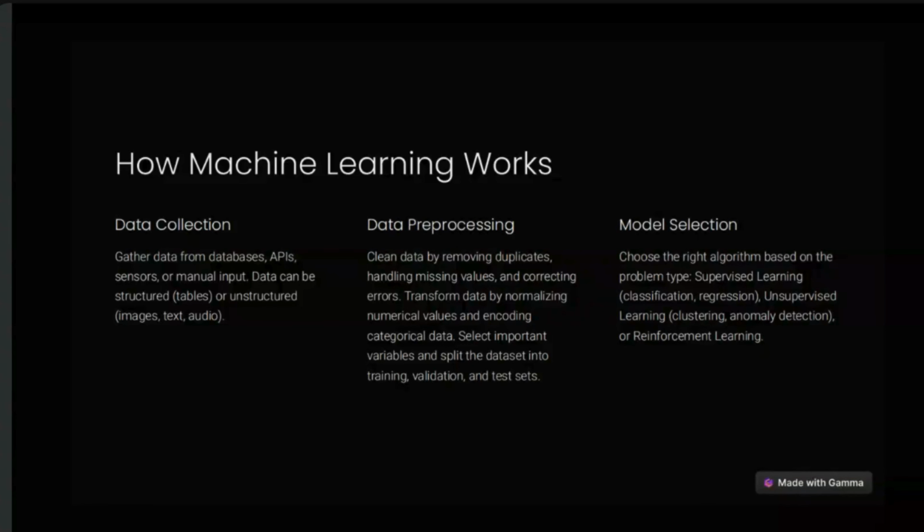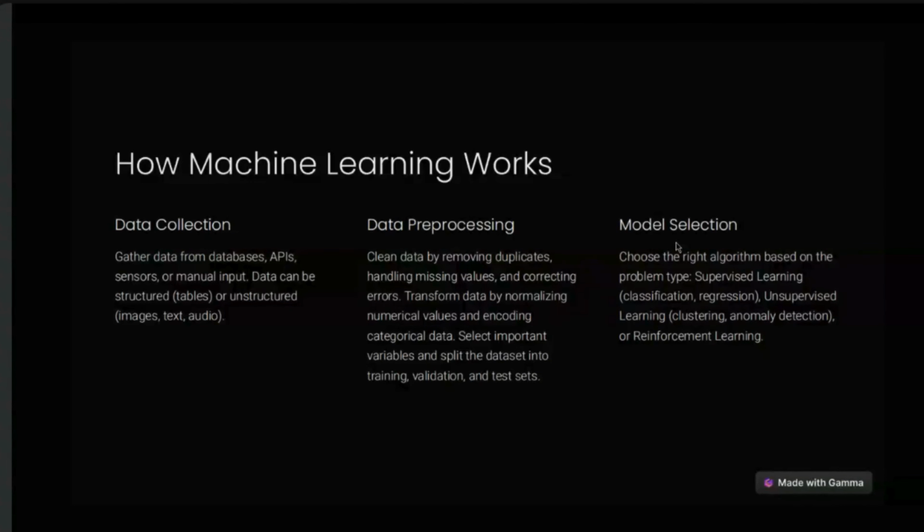Now, understand: we remove duplicates, handle missing values, correct errors, and transform the data, normalizing numerical values and encoding categorical data. Categorical data means any unexpected data we got. Like for present we write P and for absent we write A, but then Q is coming or K is coming. We don't know what kind of data that is, so we have to correct it. Yes, sir. Like that we have to do.